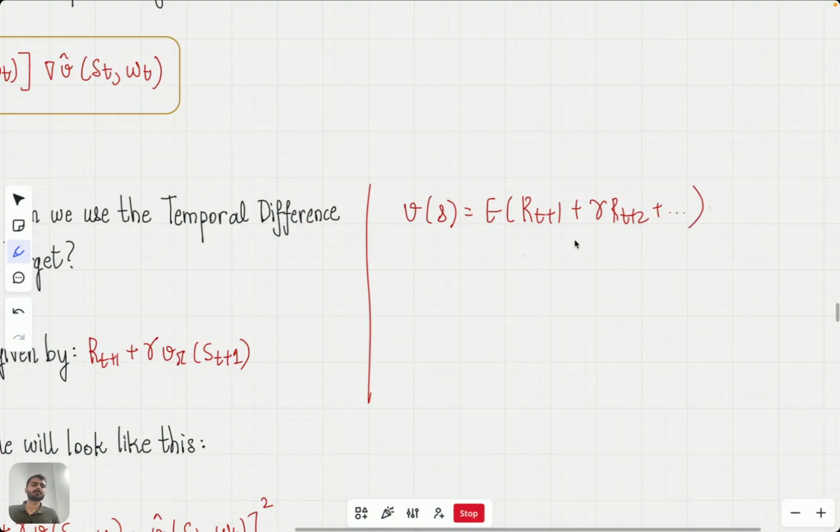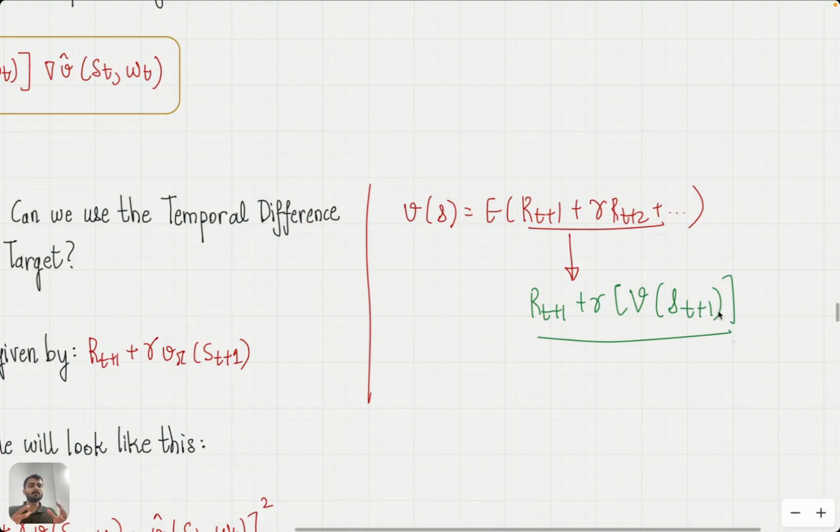Now, the temporal difference return says that I'm going to approximate this by r t plus 1 plus gamma times whatever comes later, which can be written as the value function of s t plus 1. And this is an approximation whose expected value can be approximated to be equal to the value function of the state,